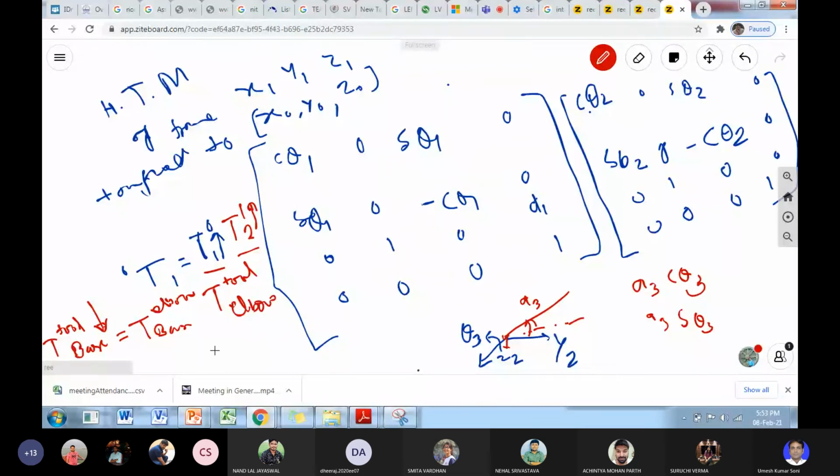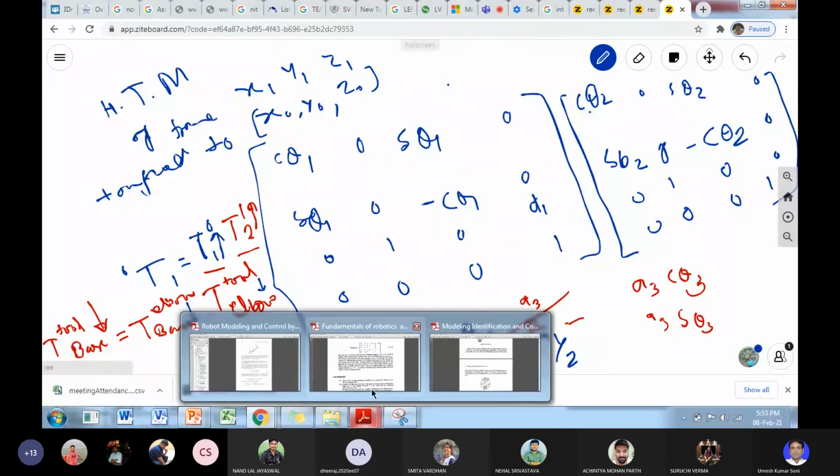ठीक है, ये समझ में आ गया डियर स्टूडेंट्स? समझ में आ गया ये? Yes, sir. यहाँ पे ये ट्रांसफॉर्मेशन ये बता रहा है कि टूल से एल्बो कोऑर्डिनेट में हमारा ट्रांसफर हुआ, फिर एल्बो से बेस कोऑर्डिनेट में। तो कंप्लीट ट्रांसफॉर्मेशन ऑफ टूल टू द बेस इज गिवन बाय द मल्टीप्लिकेशन ऑफ दिस टू होमोजीनियस मैट्रिसेस। ओके, तो ऐसे में अब जो निकाला है वो दोनों को मल्टीप्लाई कर दीजिए मैट्रिक्स, वो तो निकल आएगा।